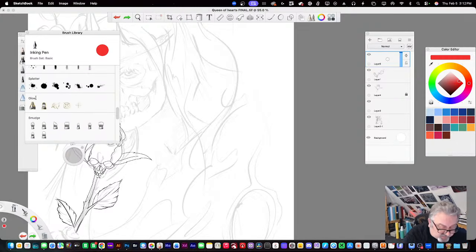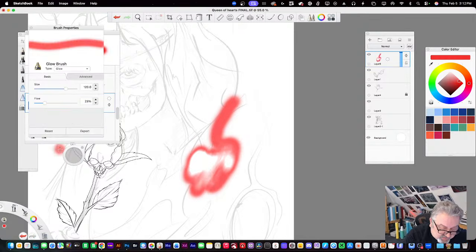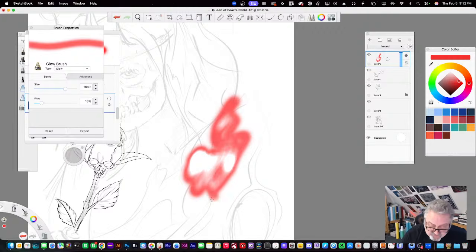Procreate has better ones, but this glow brush is really cool because it goes to white, and you can change how it does it. But this works better on a black surface.